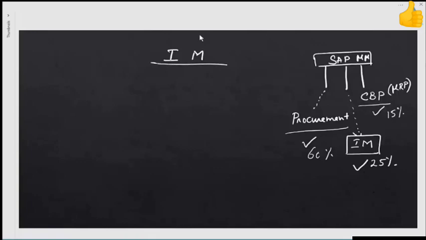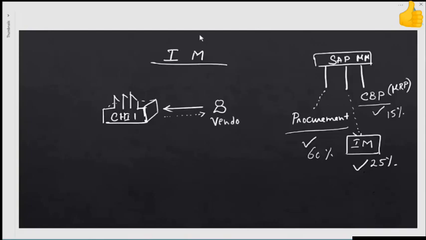So what is IM? IM or inventory management is how the company manages its own inventory. Say this is our plant or coffee shop, Chicago. The vendor supplies the goods into our plant, or if you don't like the goods, he could as well take that away. So this is the vendor. And this entire process is called